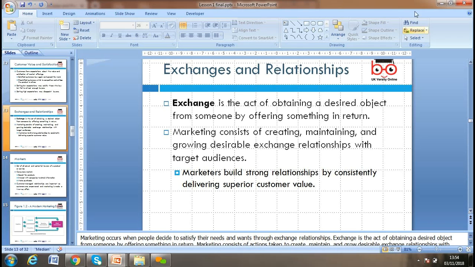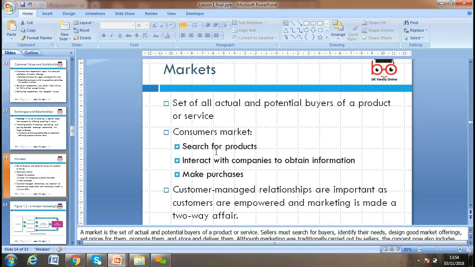Marketers build strong relationships by constantly delivering superior customer value. So that is what we need to focus on. Marketers serve all the actual and potential buyers of a product or service. Consumer markets search for products, interact with companies to obtain information and make purchases. So customer relationship management is important, as customers are empowered, and marketing is a